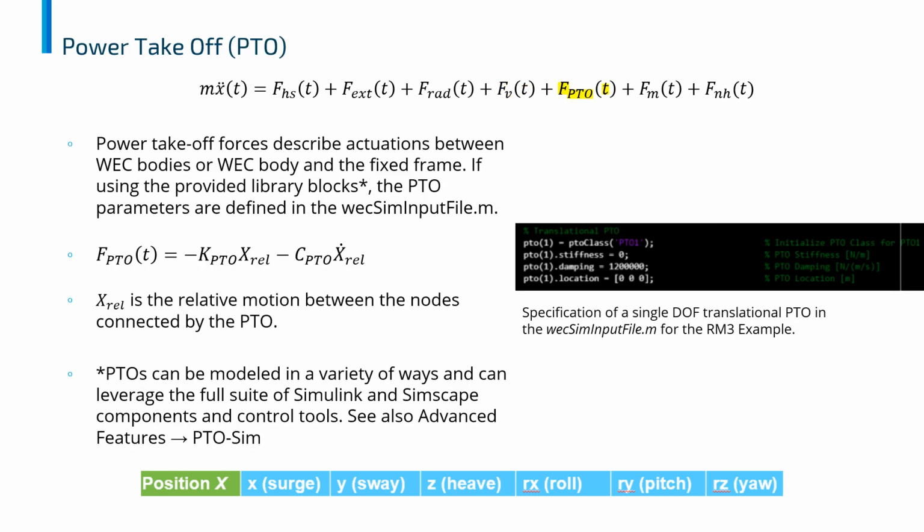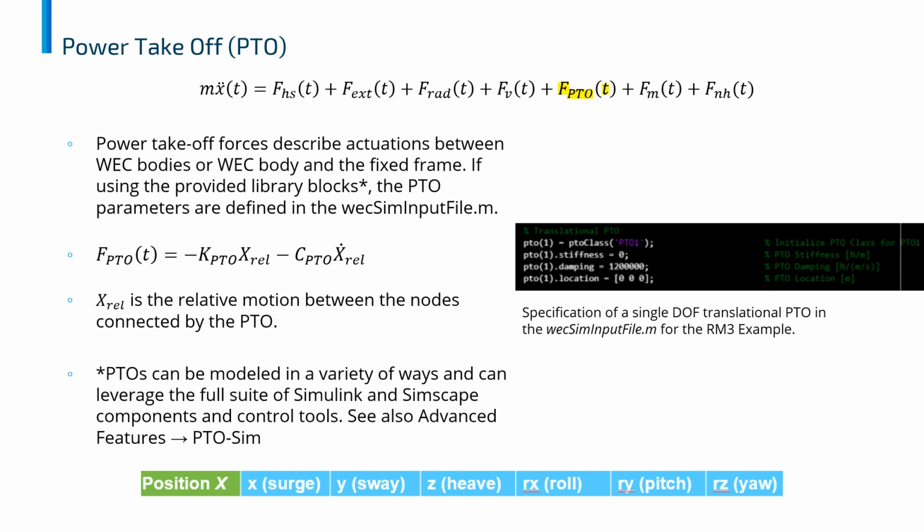The next force included within WEC-Sim are the forces from a power takeoff system. This can also be considered the generator or motor that's providing the conversion from mechanical energy to normally electrical power or some other useful power. Now, the simplest PTO model that WEC-Sim has is a spring damper system, where the PTO can apply a force on one or multiple bodies